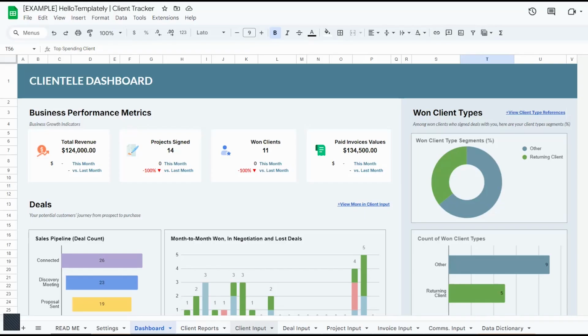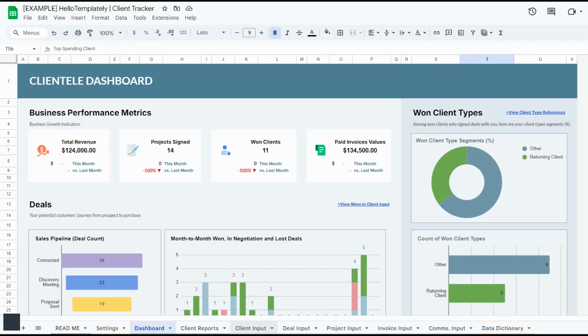Keeping a good relationship with your clients is make or break for a small business. Our client tracker template gives you the tools found in expensive subscription CRM platforms like Salesforce and Monday.com with only a one-time purchase. By the end of this tutorial, you'll learn how to personalize your sales strategy using our automated